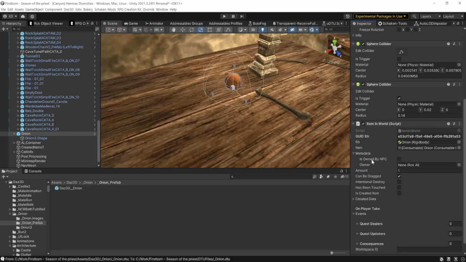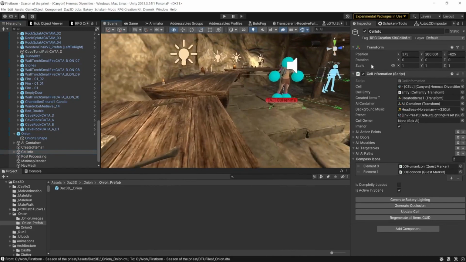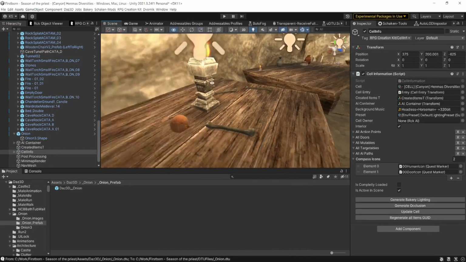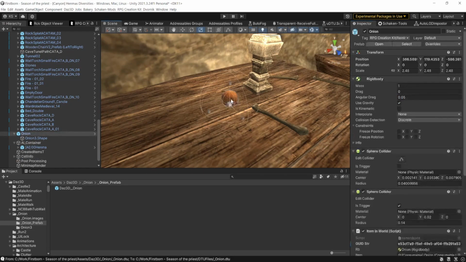I'm not sure how he has his set up, but the way mine is set up is the cell itself, which is inside of cell info. I can pick the cell owner, which is going to be her. She's going to be the shop owner. And I'll be able to just drag her over here. In fact, that should have already been done. There you go. Now she owns everything inside of this cell